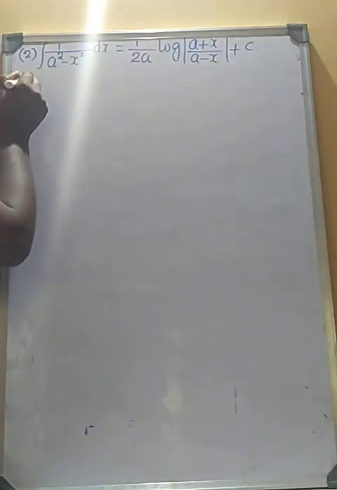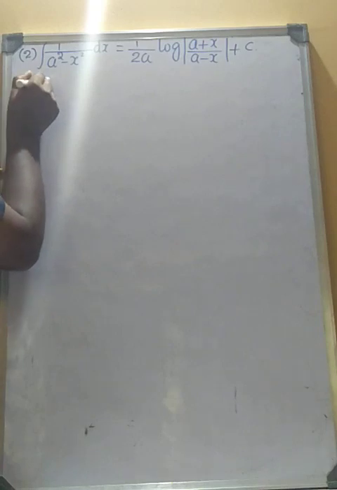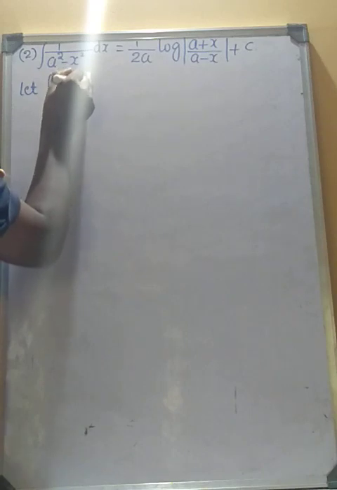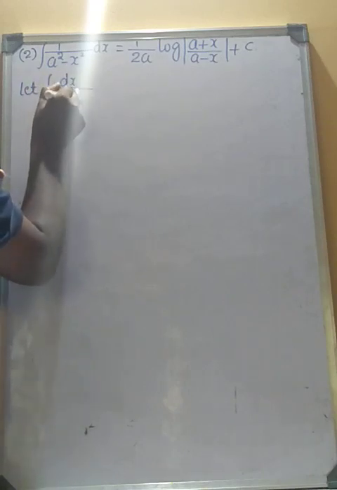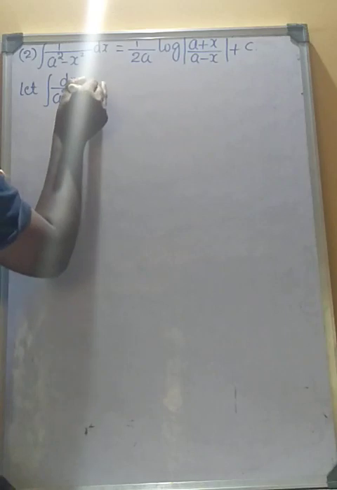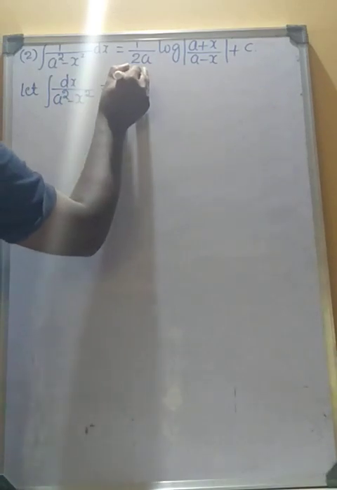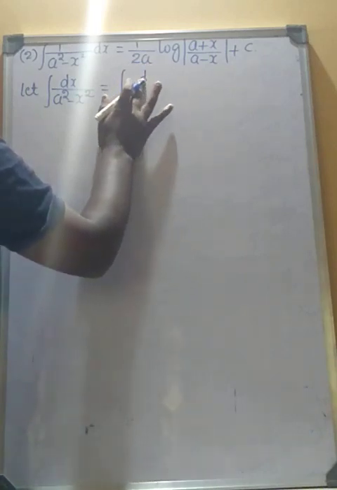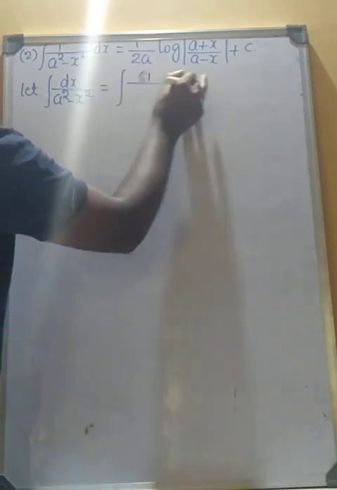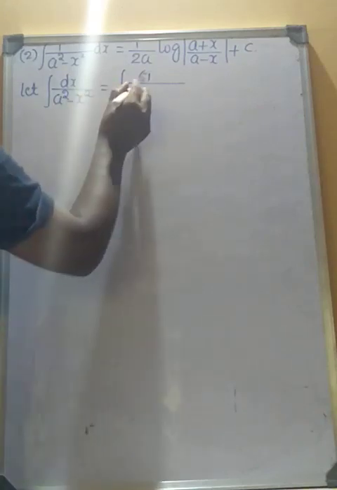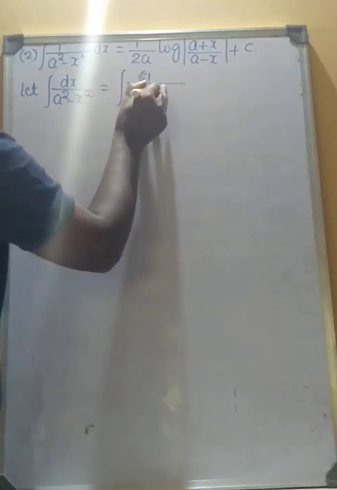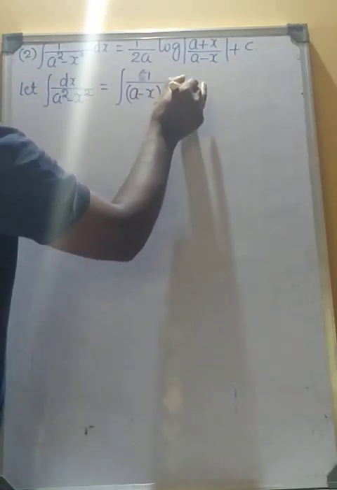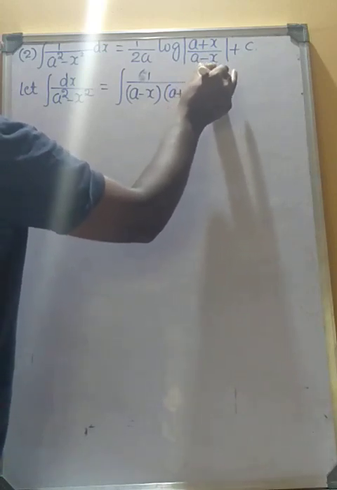Proof. So let integral of dx or 1 divided by a square minus x square equals integral of dx or 1 divided by a square minus x square, which can be written as a minus x into a plus x into dx